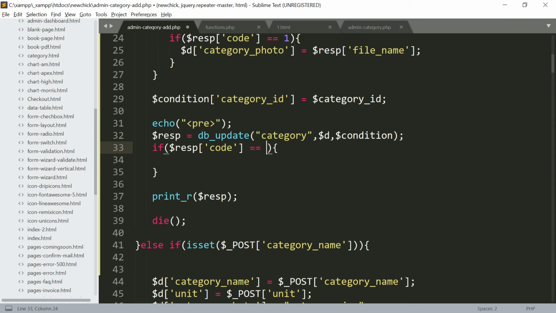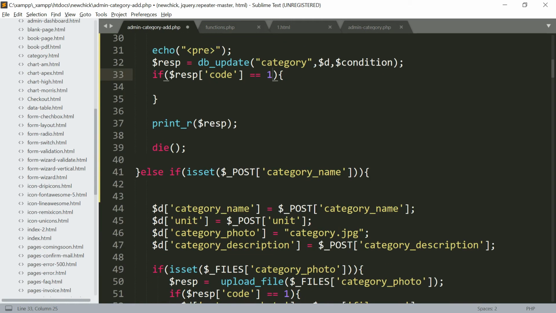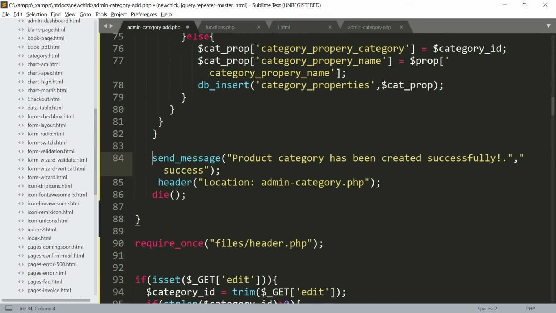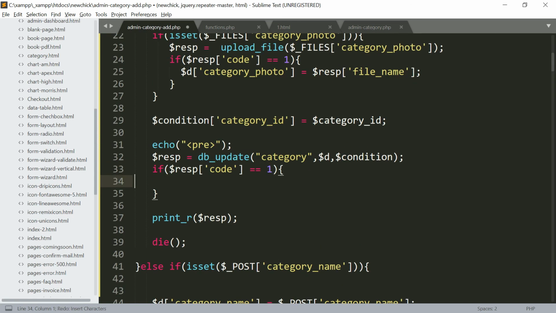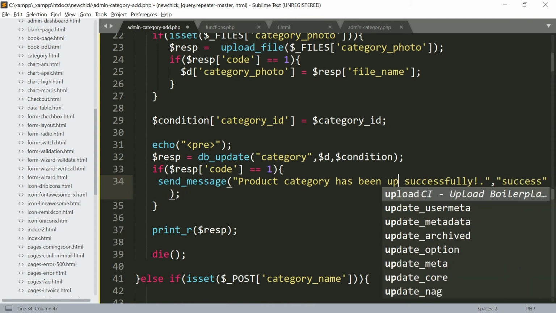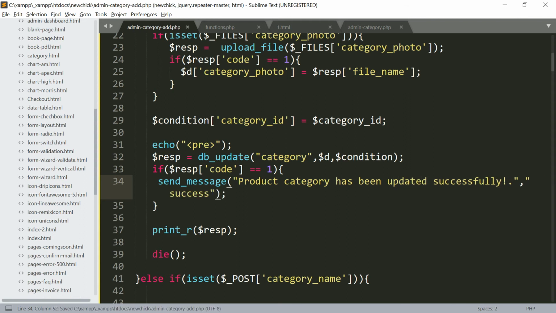Equal to 1, and then I can send the message. Where is our message thing? Message here. I can say product category was updated successfully. I'll put the else part